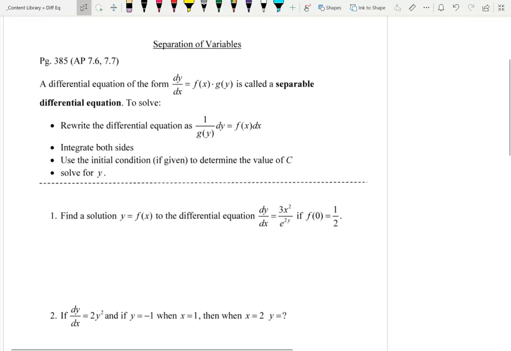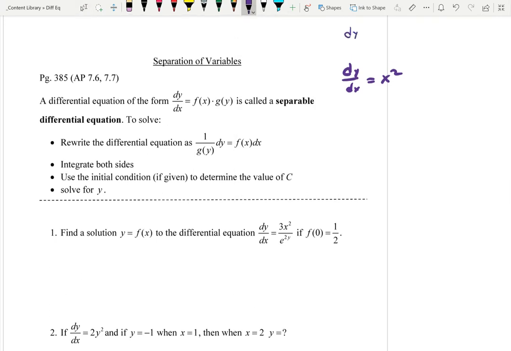All right, separation of variables. So today we're going to talk about how to solve slightly more complicated differential equations. Up to this point, we have solved fairly simple differential equations, say of this form, where my derivative is only some function of x, like x squared. And then the way we can solve that is by finding the antiderivative of the derivative, x cubed over 3